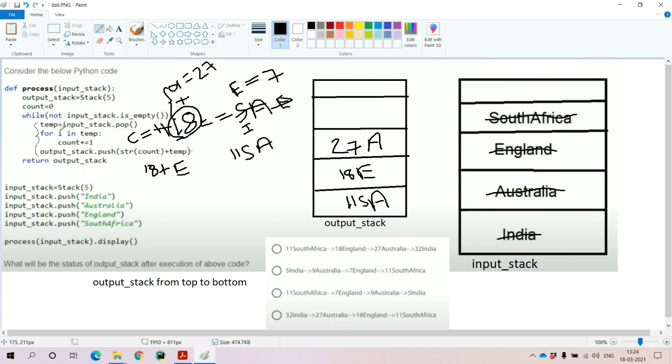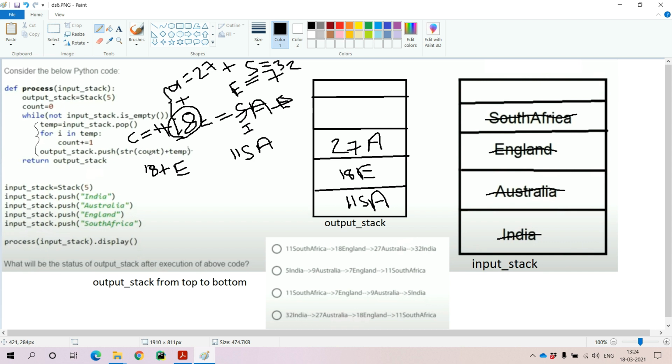With the help of the for loop, the updated counter variable value is 27. To that we add the character count of India, which is 1, 2, 3, 4, 5. 27 plus 5, what is the output we get? 32. The 32 will be available in the counter variable at the end of this inner for loop. Coming to the next line, we push one element into the output stack.